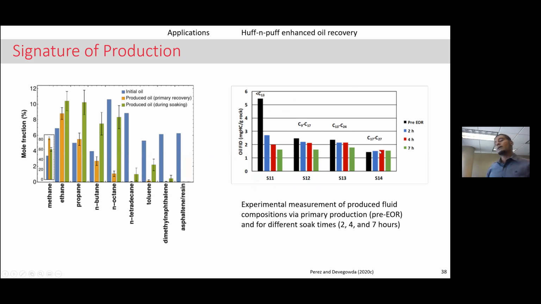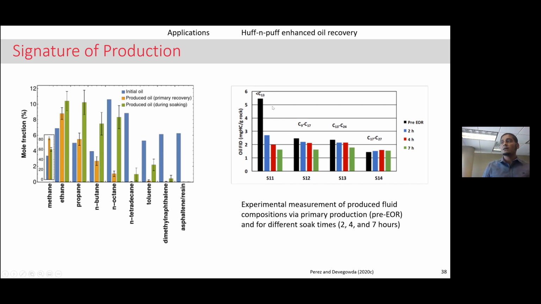In experimental data, we take small pieces of core which are saturated with the oil, and then of course we expose them to a solvent, and then after exposure to the solvent, we see what hydrocarbons we're producing, and essentially what we produce is lots of the